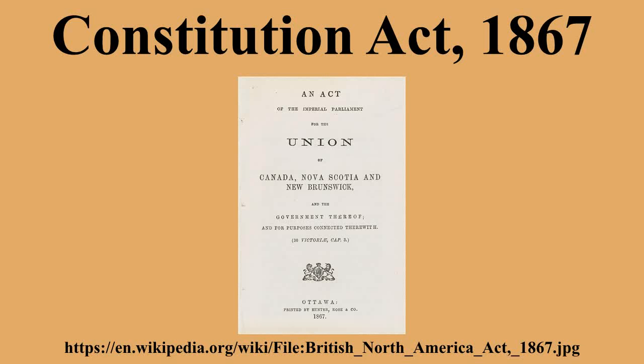Section 7 confirms that the boundaries of Nova Scotia and New Brunswick were not changed, and Section 8 provides that a national census of all provinces must be held every 10 years. Part 3, Executive Power. Section 9 confirms that all executive powers remain with the Crown, as represented by a Governor-General or an Administrator of the Government, as stated in Section 10.